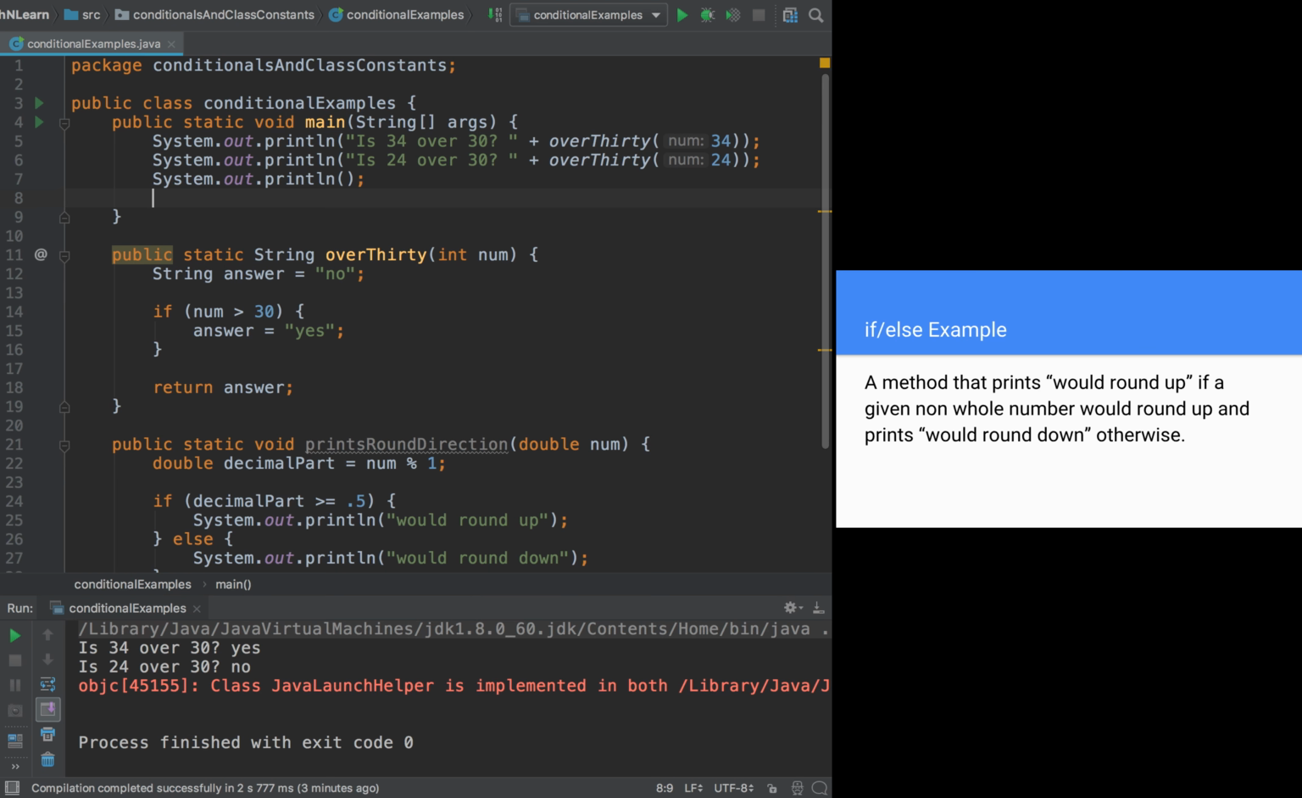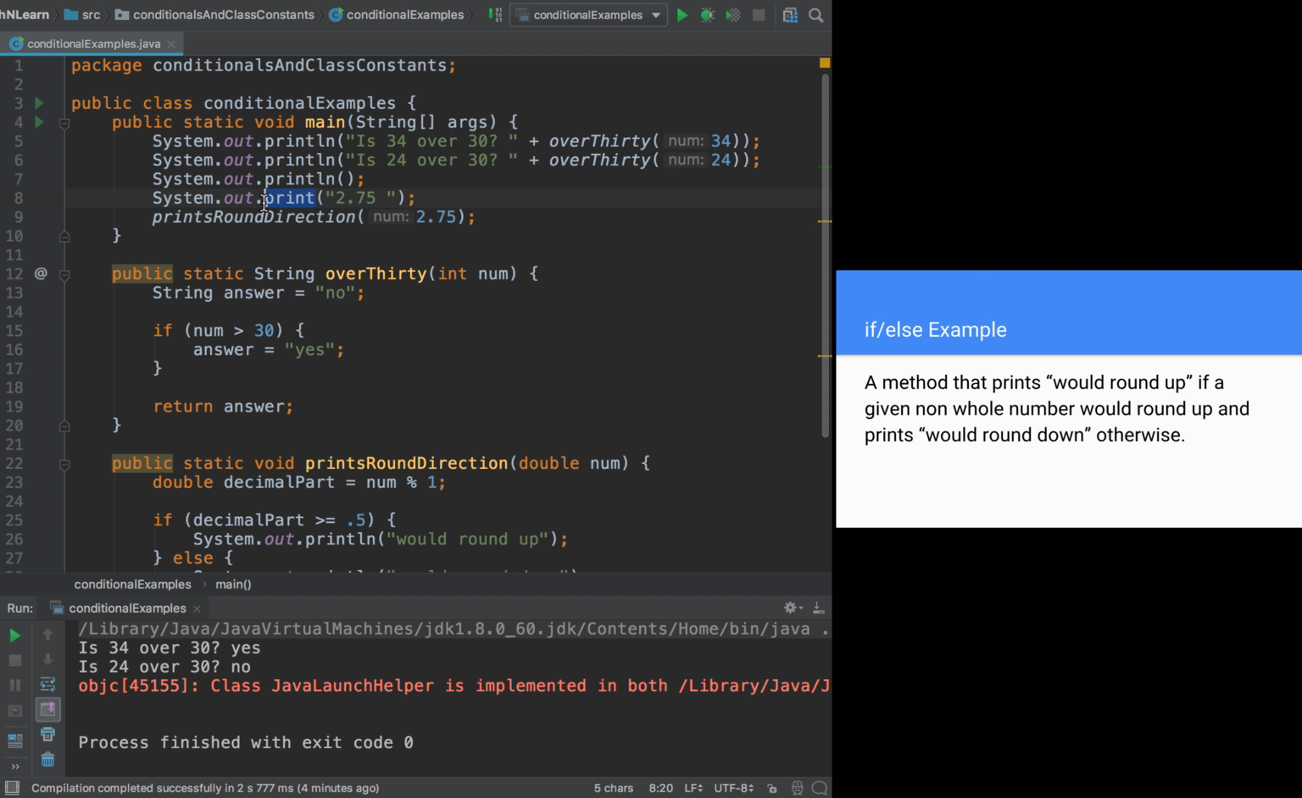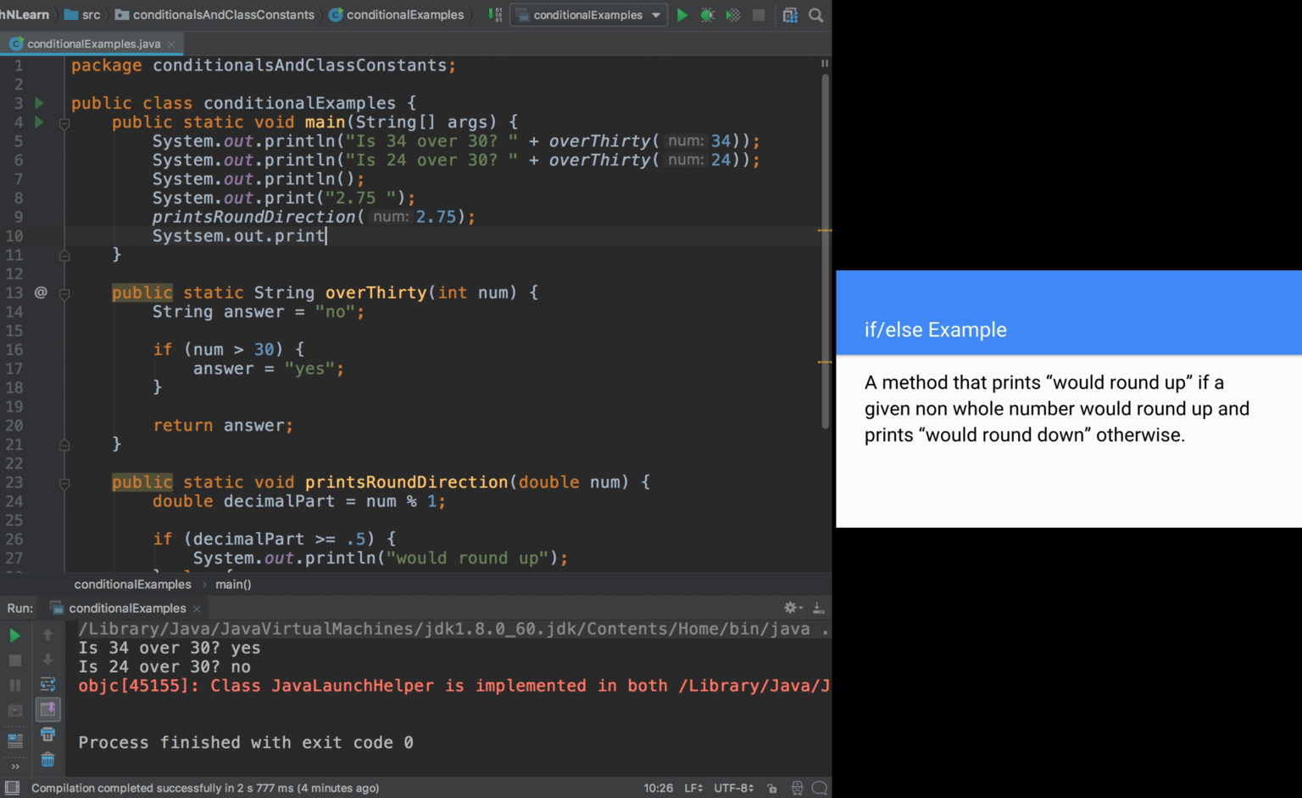Oops. So I want to do System.out.print, and I'm going to say that 2.75, and then I'm going to call print would round down with 2.75, and I got an error because I should have been doing this. Okay, now I use print here instead of println because I want this to be on the same line as the would round down. So the next time, I'm going to do System.out.print